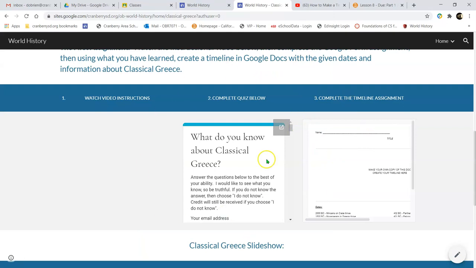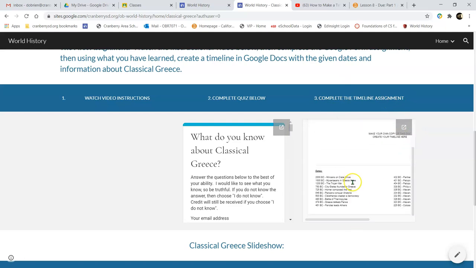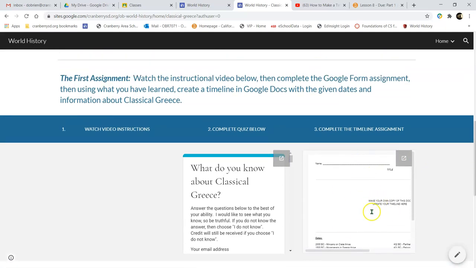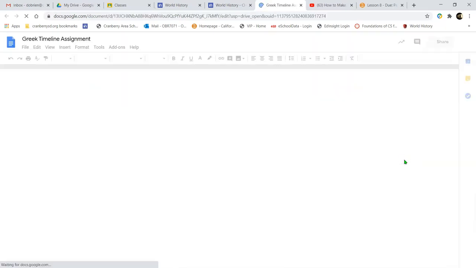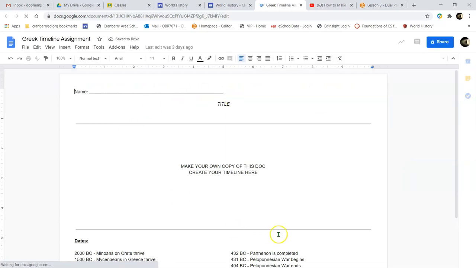All right, once that quiz is complete, you're going to move on to part 3 of the assignment, and that is creating your own timeline. Once again, I don't recommend trying to work on it like this, but instead opening it up into a new tab. And here you go. It'll bring up your Google Docs, and as you can see, there's a place to put your name,